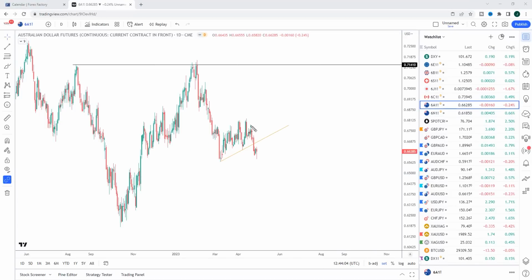Next is the Aussie. We did have quite a significant breakdown in the Aussie. This is actually a confirmed double top in the daily, and this is a double top within a bigger bear flag. And in fact, you can see this is even setting up as a lower high over here. So I do favor further declines.